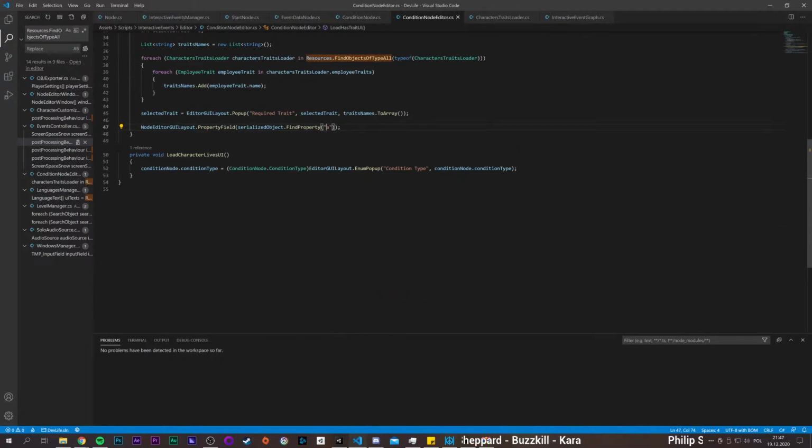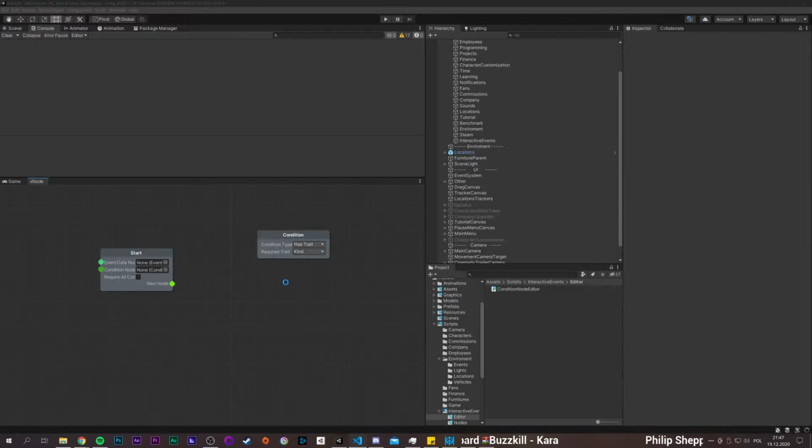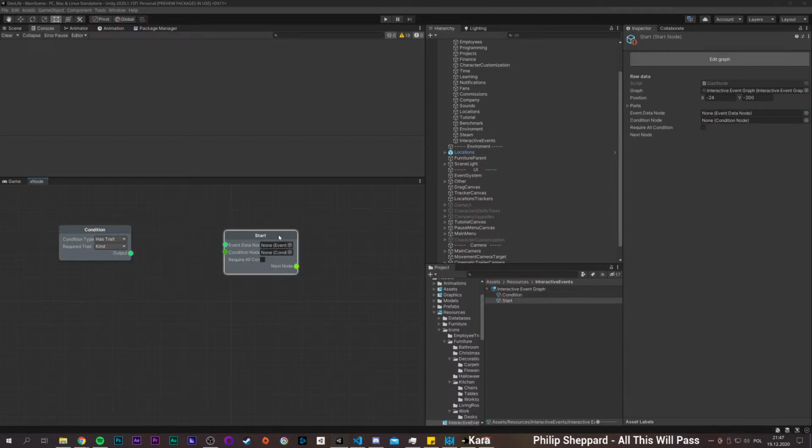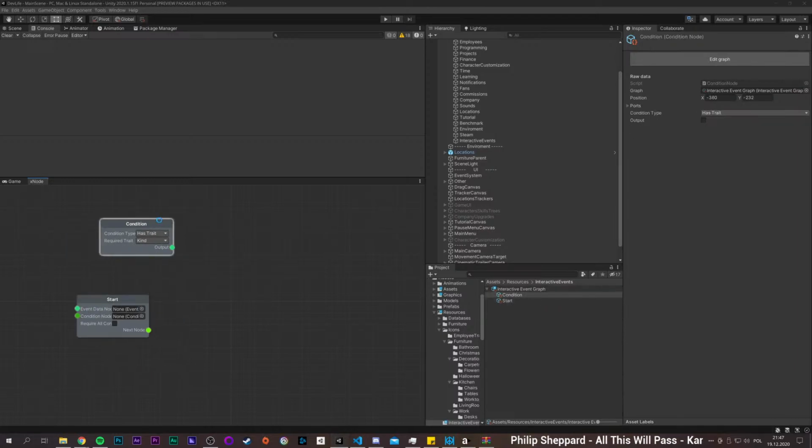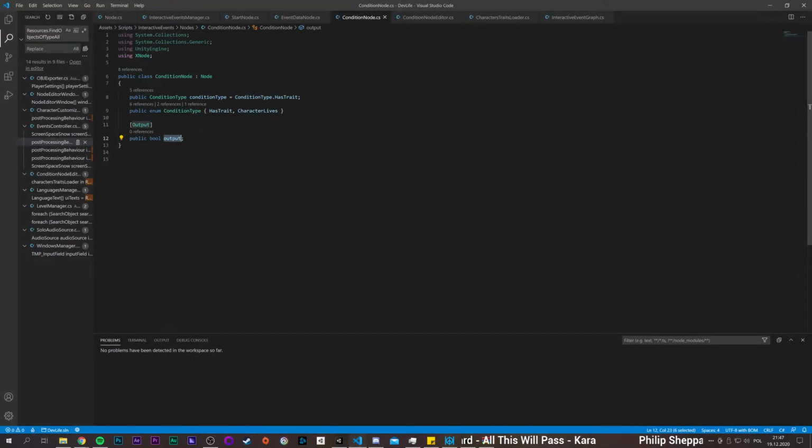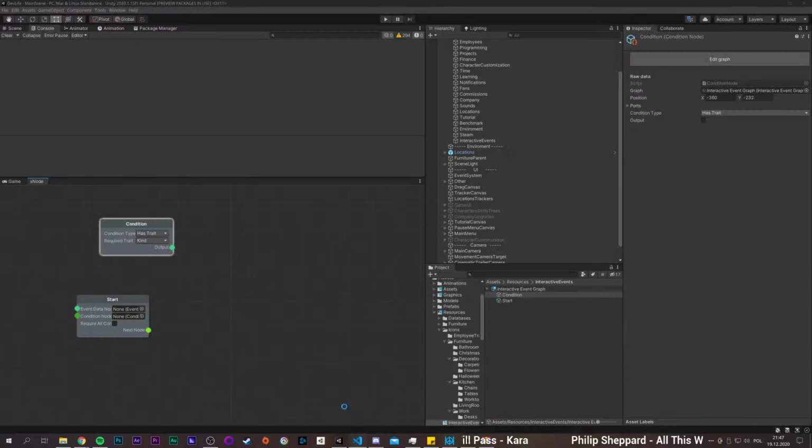Just output. And we should get the output node from the condition, right? Yes. Okay, so we have that. Have the output right here. Of course, we're now getting null, but that will be changed later because we need to overwrite the return value here. Yeah, but right now